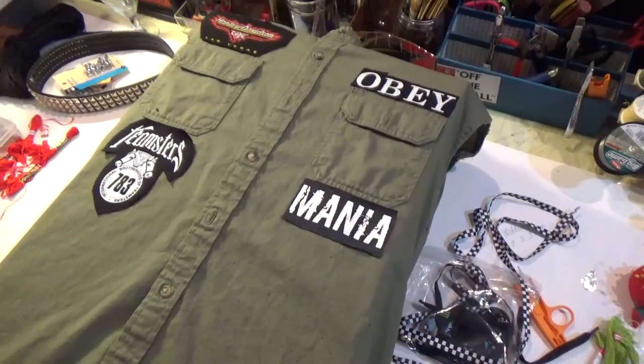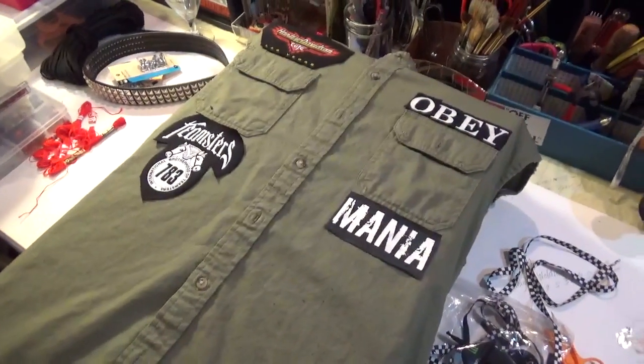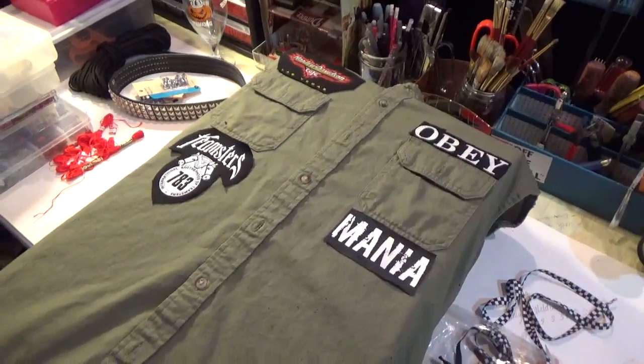So, that is pretty much it for now. Next, I'll be showing you guys some work I'm going to be doing on this blazer over here. I got this for Brian at the secondhand store, and it's actually like a soft, fuzzy...